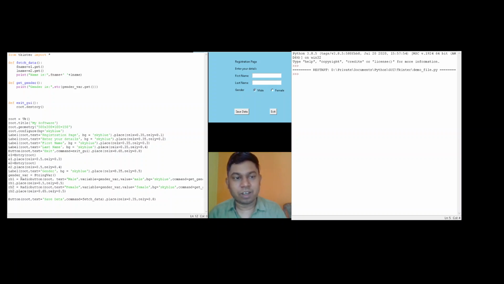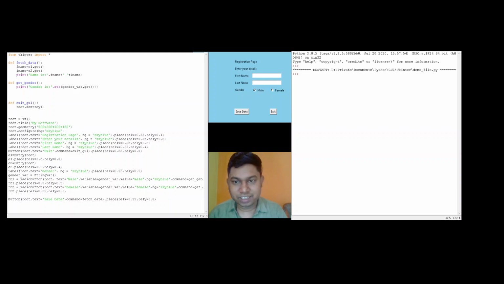But if you have a long number of options, like selecting your state of residence, it's very bad practice to use a radio button because the UI would look very shabby. So it's a good practice to use a drop down menu. So let's learn how to create a drop down.